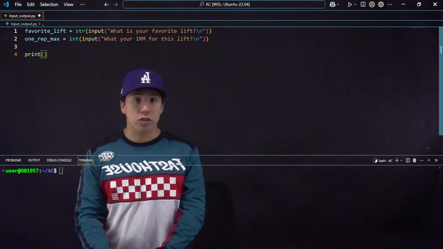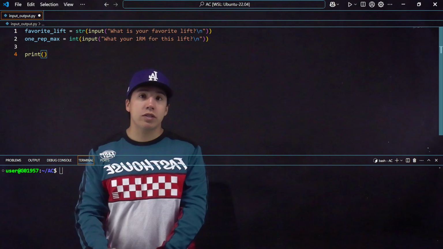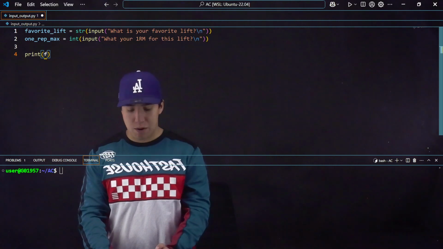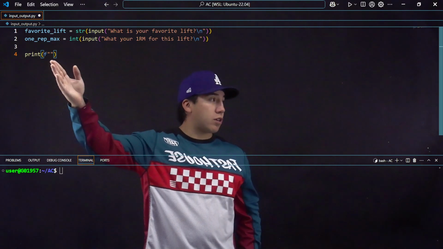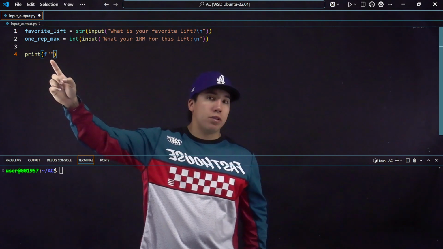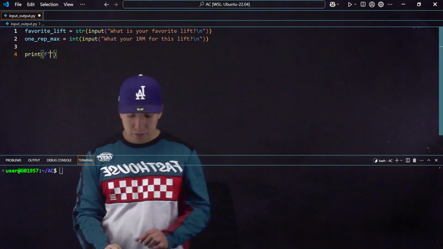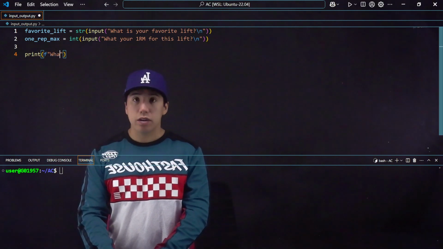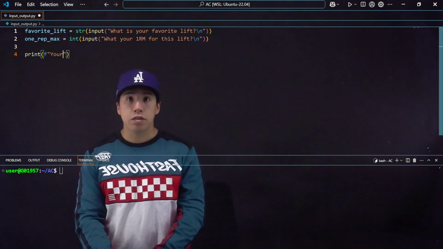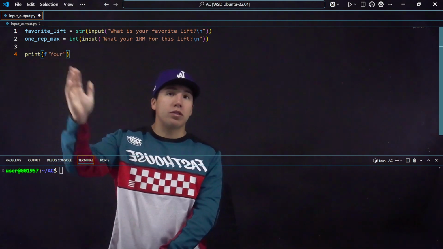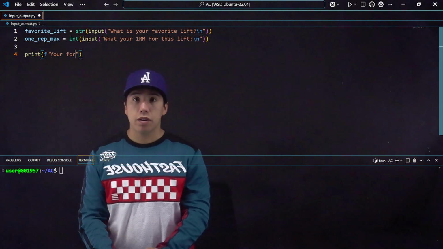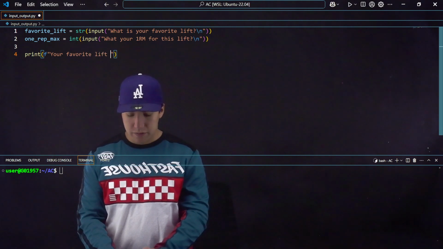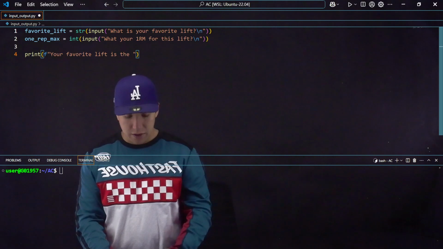And then there's something cool that you can actually use inside a print statement called an f string. What it is, is that you use an f right before the quotation marks of what you're going to actually output. As you see, it populated as a different color here. So next we can actually put the output statement. So we can put your favorite lift is the,